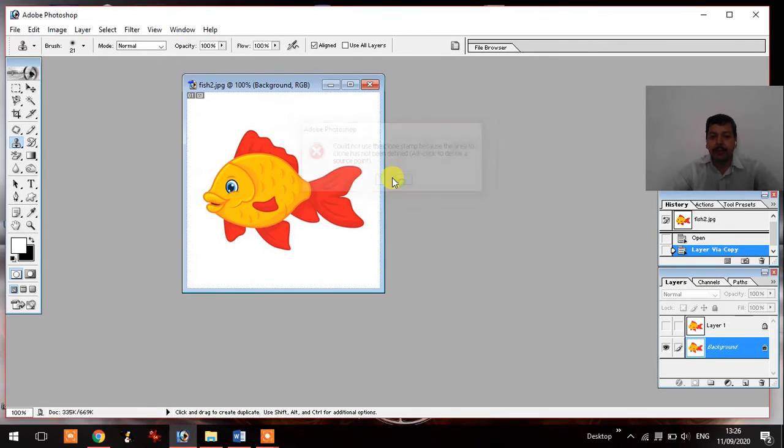So for that purpose you have to press the Alt key and then click here, and then if you press this one, it makes a clone, and now you can move around the surroundings. It takes images from there for making a clone. Understand? It is a very attractive tool for making clones.